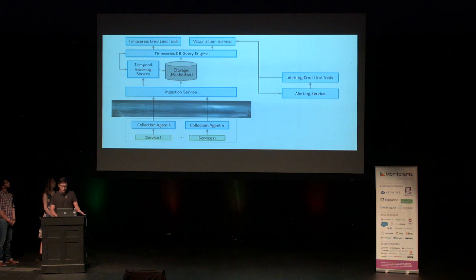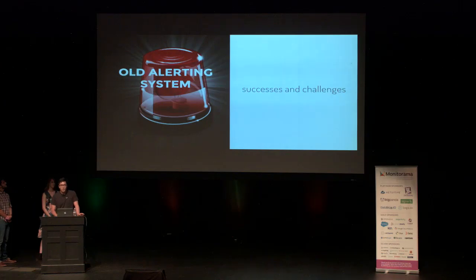Again, most of this talk is centered around the alerting service, which is just one small part of this big diagram. But if you're curious about the rest of it, we recently published a blog post a few months ago called Observability at Twitter. I think if you Google it, the first result is the older 2013 version, but the newer one should be right under that. Cool, so now let's talk about the old alerting system we had, what it did well,